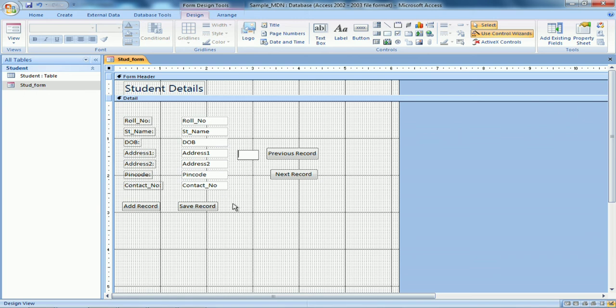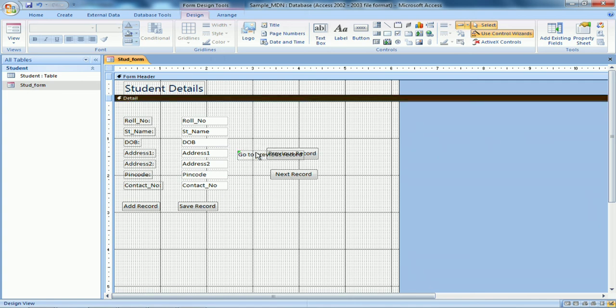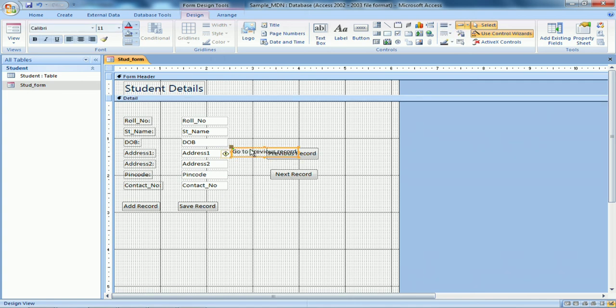a label. I can write, but this is not a button. This is actually a message to go to previous record.